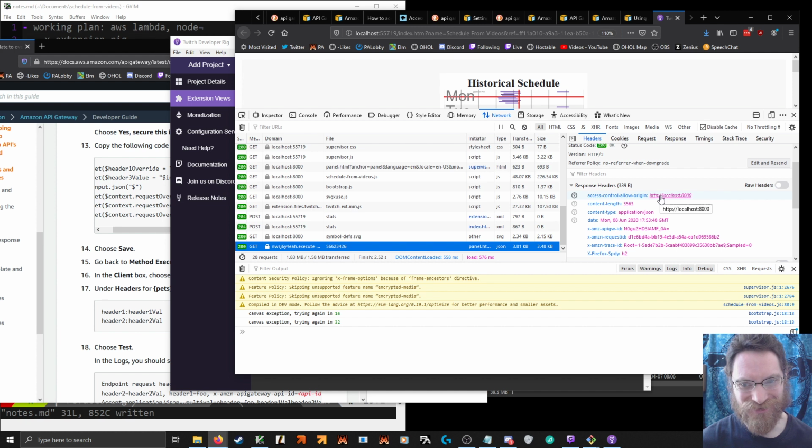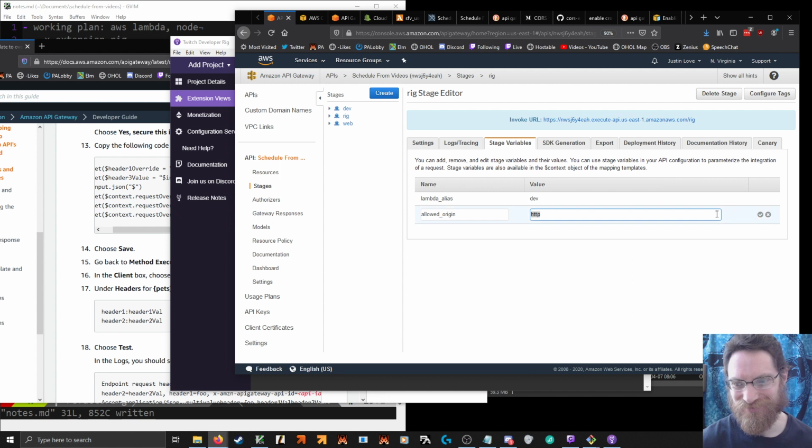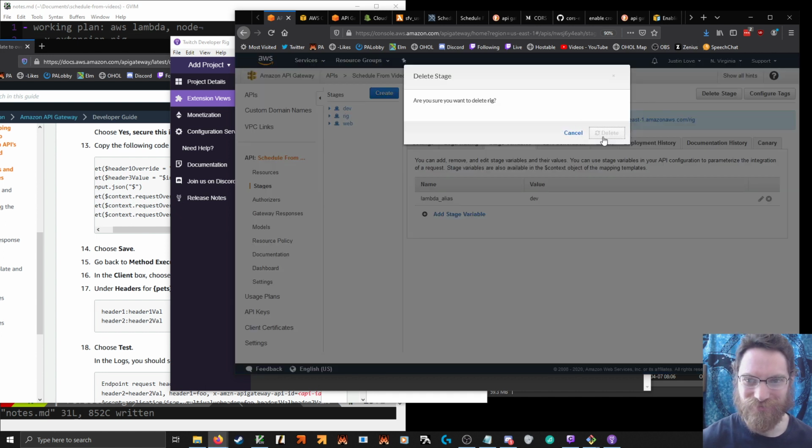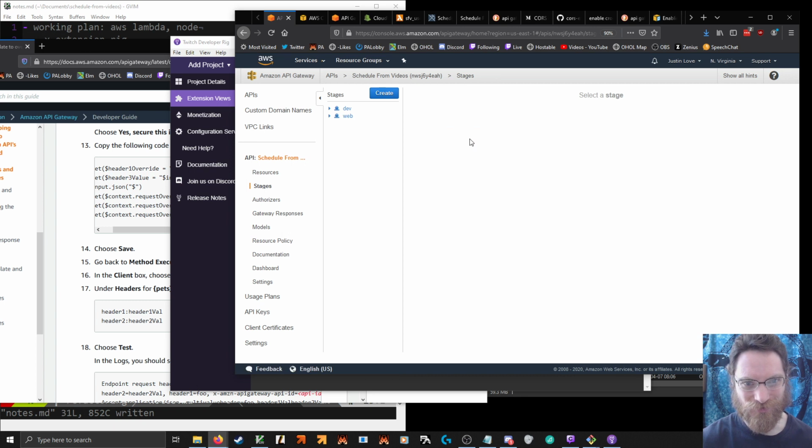So as long as it specifies any port, it doesn't actually check that the ports match. Okay. I guess we don't need this stage after all.